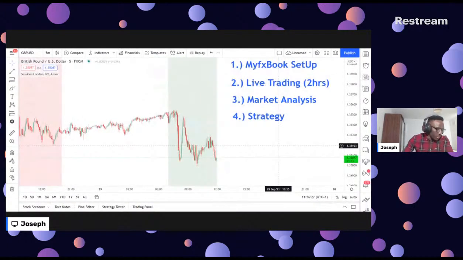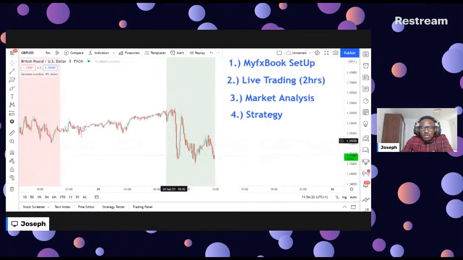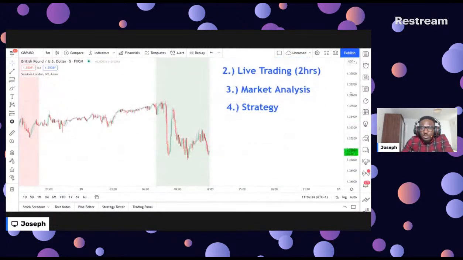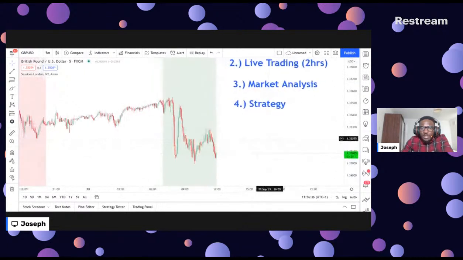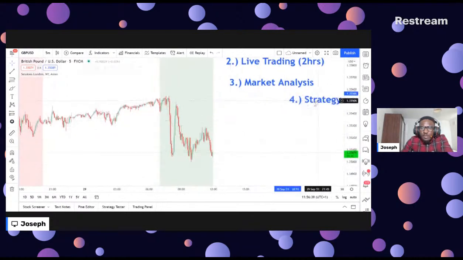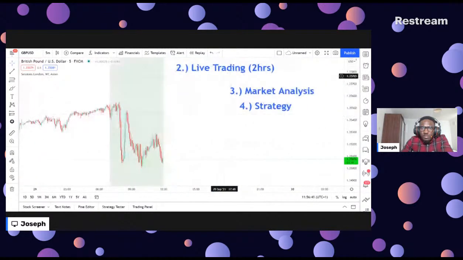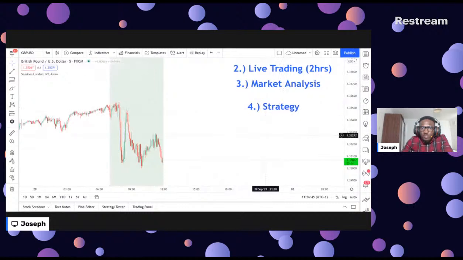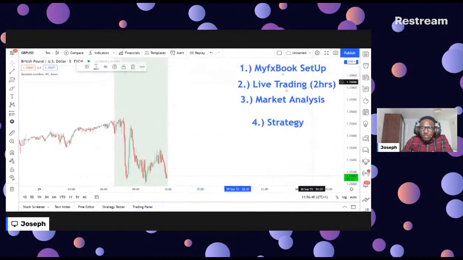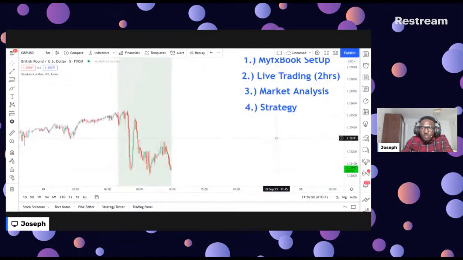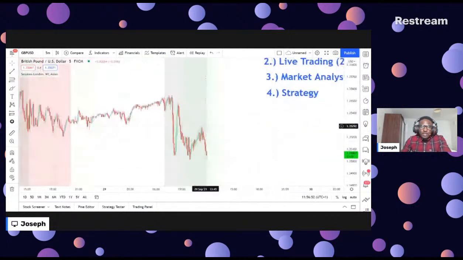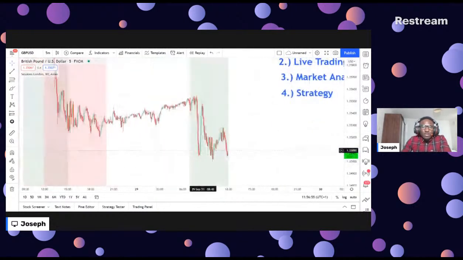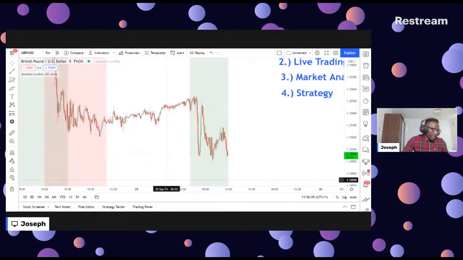So in terms of trading, what am I going to be doing today? Based on the strategy that I trade, I'm going to be going long on this market. Let me just move these things out of the way, and let me tell you how this is going to go. This shaded area that you can see is something I use to mark out the